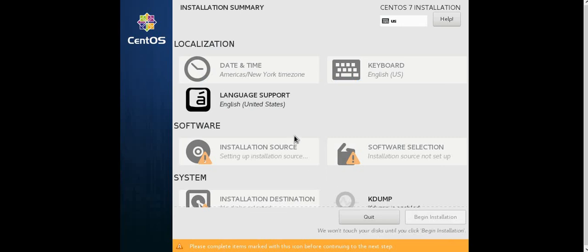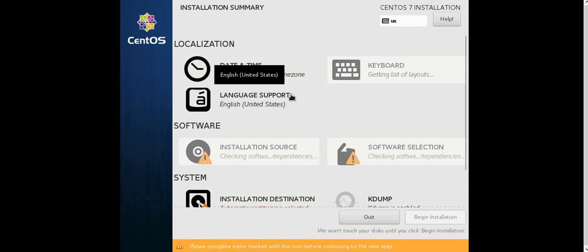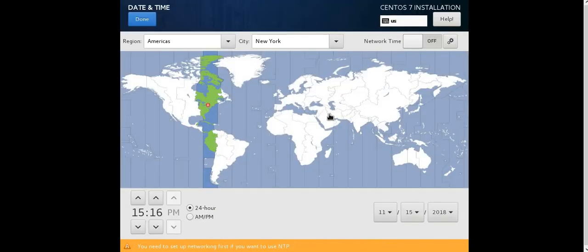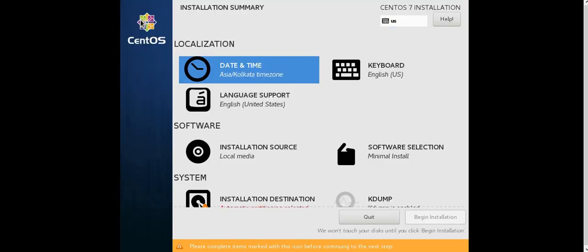Now the next window. In this window we will define our time zone, software selection, and installation media. First of all, select your time zone according to your location and click done. Then